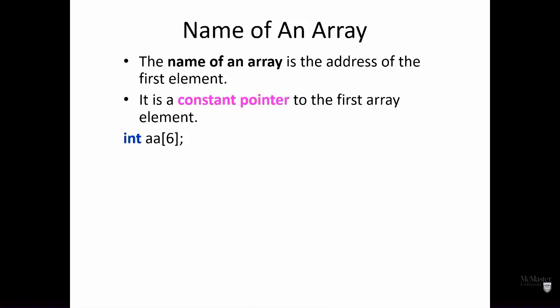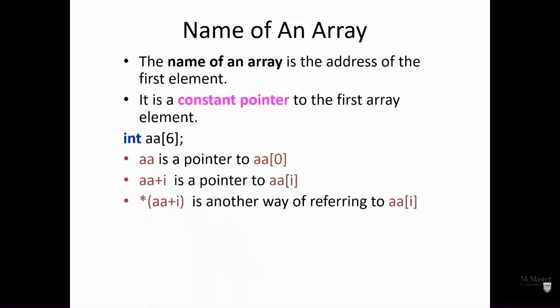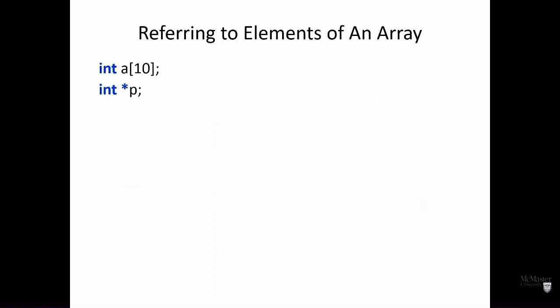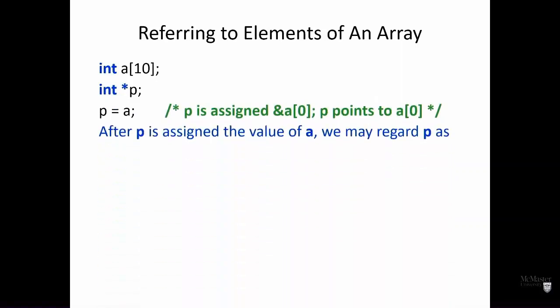A has to keep pointing to the first element. So it's a static pointer, or a constant pointer, not a variable pointer. And this gives us some differences in practice. It's not just like an abstract difference. So a is a pointer to a[0], a+i is a pointer to a[i]. We already know this, but